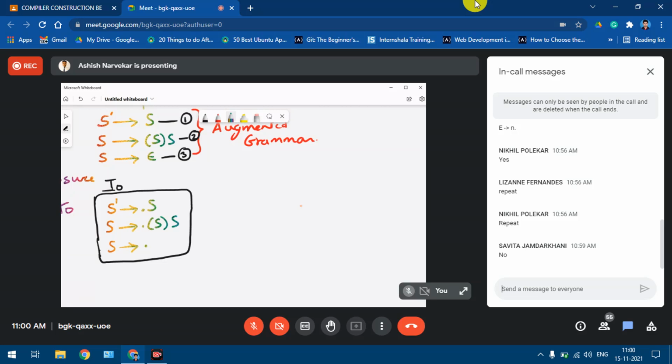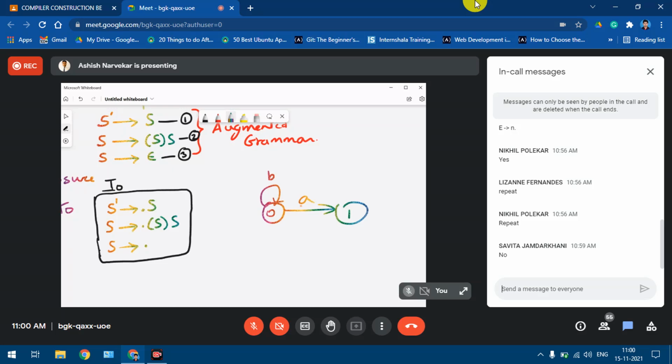Now the next thing we need to do is apply goto. Applying goto is as good as a DFA. Do you all remember a DFA? We start with state 0, then on some input, say A, it goes to state 1. Maybe on input B, it remains here only.